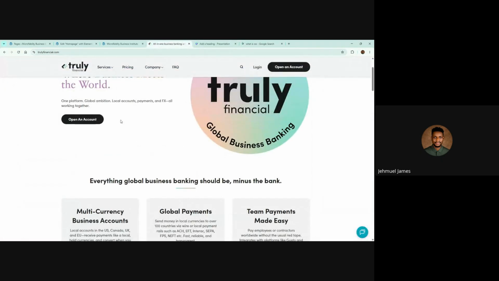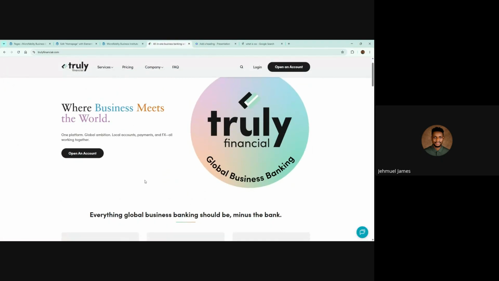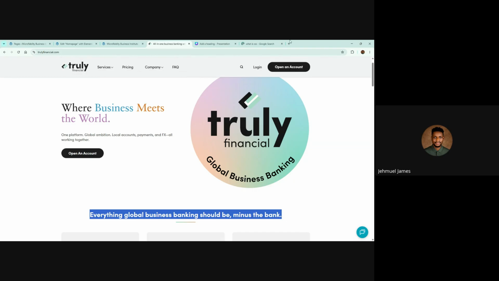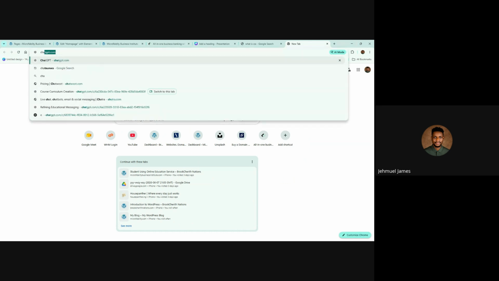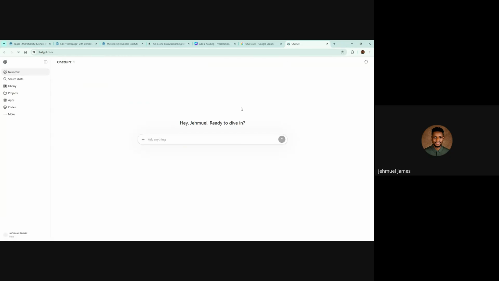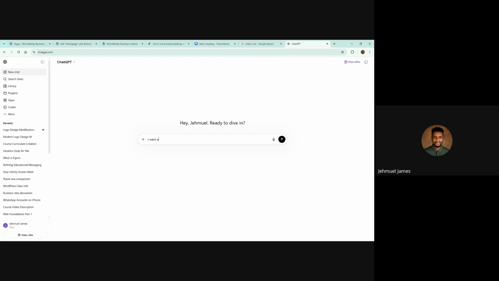So if you're building and you get to a point like this and you want to do something like this, the easiest way, I'm going to tell you now, is to just copy your text. For those who do not know code, if you know code, you definitely know exactly what to do. But if you don't know code, you just have to go to your ChatGPT or your Gemini, whatever AI you use. You could describe what you want. I want a gradient border right under the word